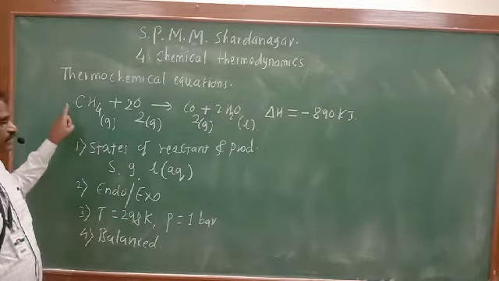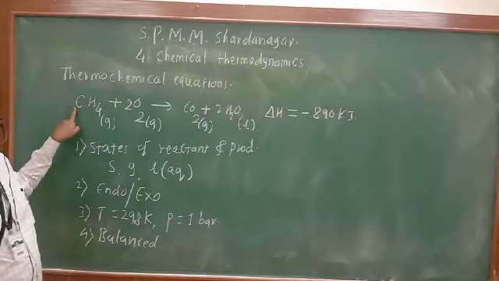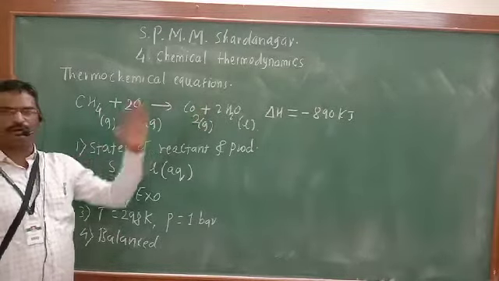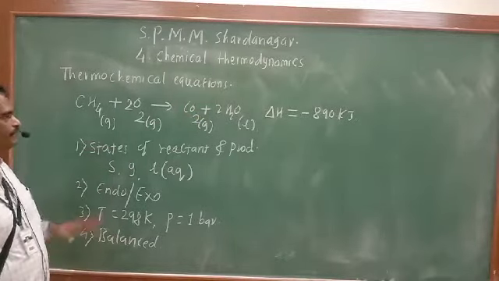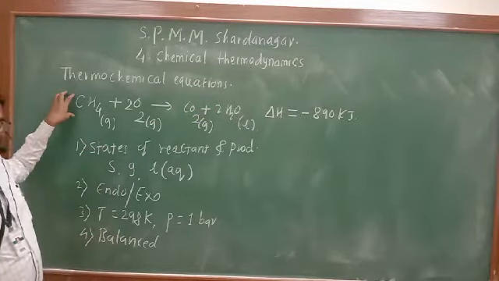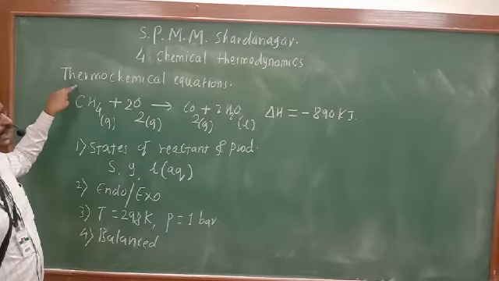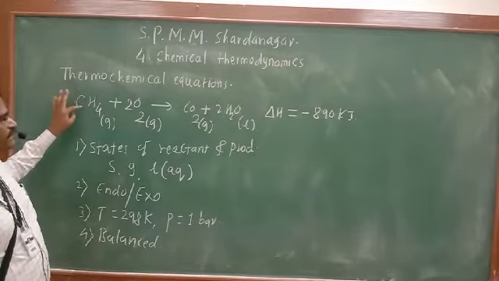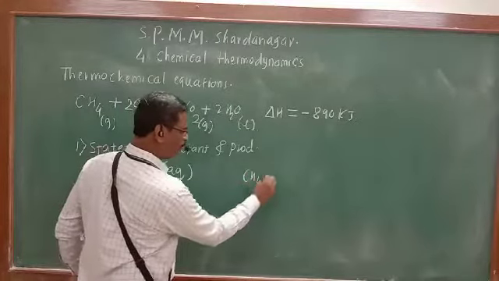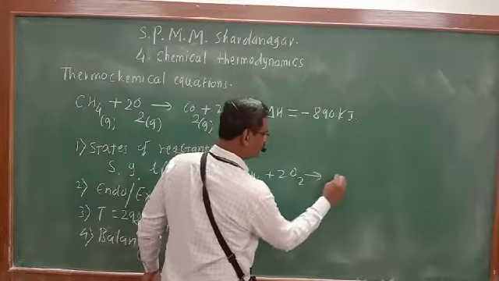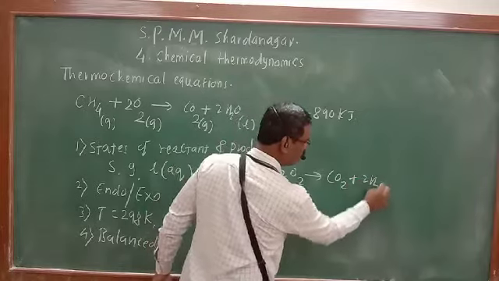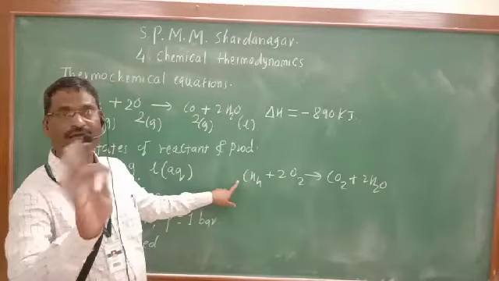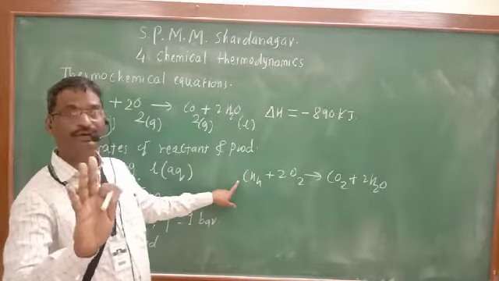So this reaction must be a balanced reaction. For that purpose, the number of moles of reactant and the number of moles of the product should be properly balanced. And this type of equation is now known as a thermochemical equation. At the start, see how we have written the reaction. Simply we have written like this: CH4 plus 2O2 gives CO2 plus 2H2O. Just a reaction we have written. This is a balanced chemical reaction, but not a thermochemical equation.